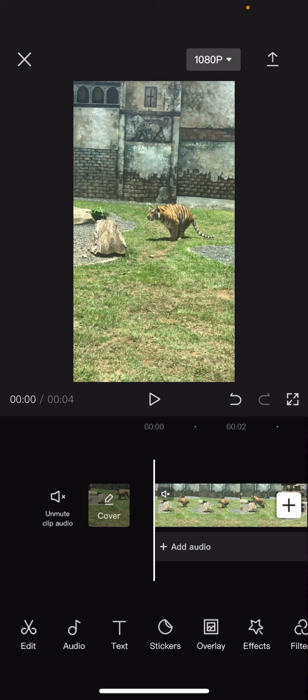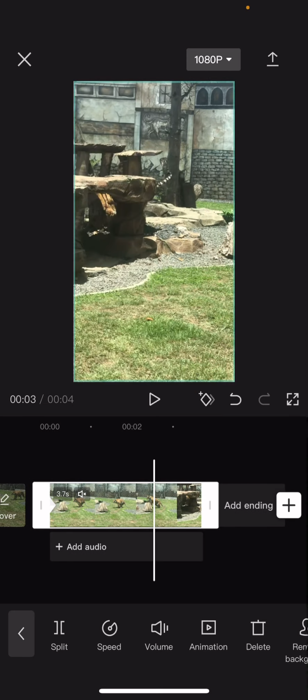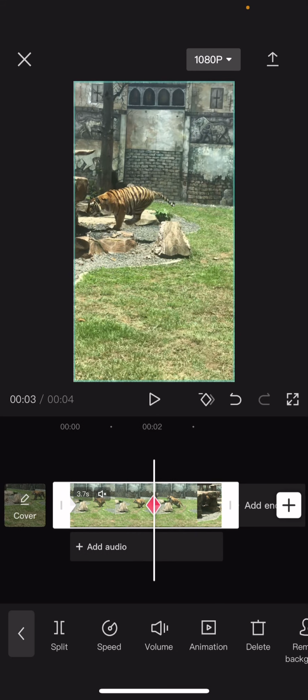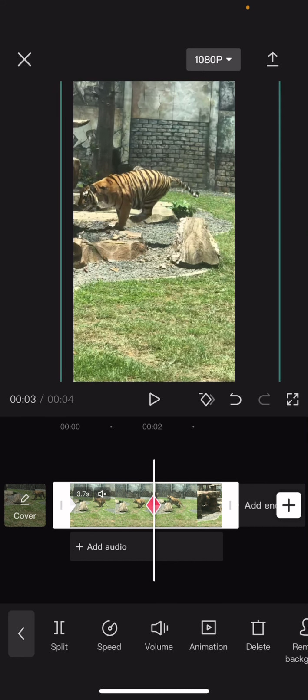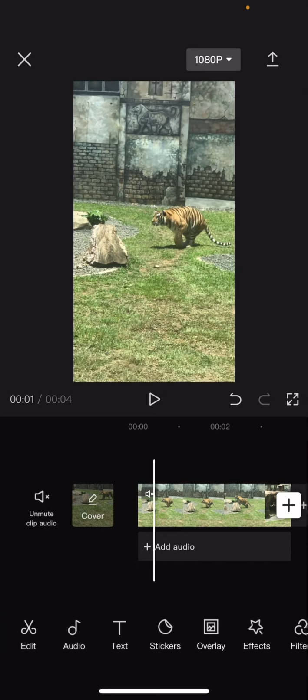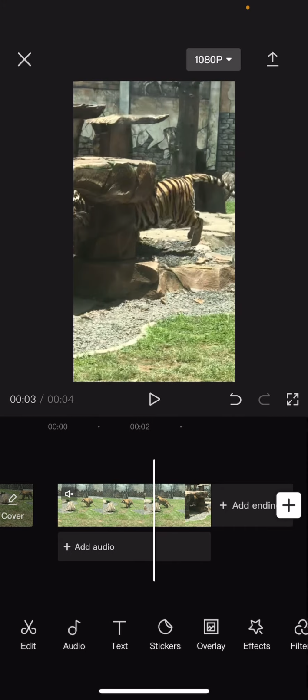So first, you're just going to select the clip and add two keyframes. So I'm just going to add one here, and I'm just going to add one over here. And on this keyframe, you are just going to sort of zoom in. And if I play it without graphs, it's just going to sort of pan to the part where I zoomed